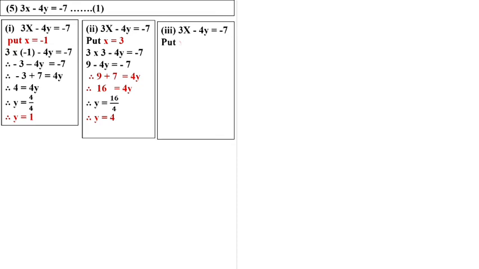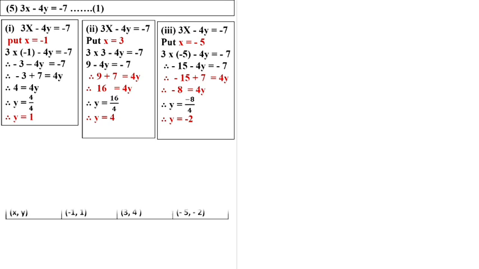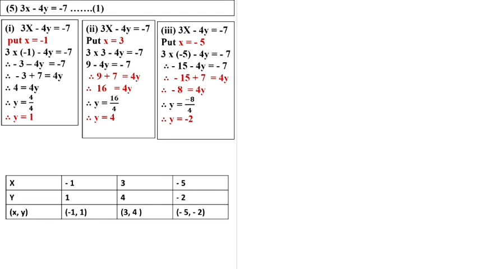Now 3x minus 4y equal to minus 7 is the equation, and here we are going to take the x value as minus 5. 3 multiplied by minus 5, minus 4y equal to minus 7. 3 times 5 is 15, but it is given in the negative, so minus 15. Minus 7 will come to the left side and become plus 7. Here we get minus 8 equal to 4y. So now y equal to minus 8 upon 4. 4 times 1 is 4, 4 times 2 is 8, but 8 is given in the negative, so the answer is minus 2. Substitute the values in the boxes to draw the graph.